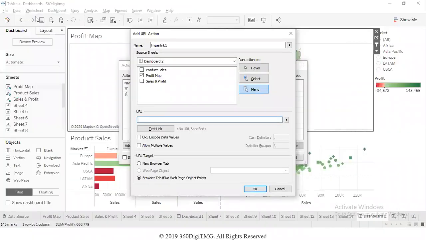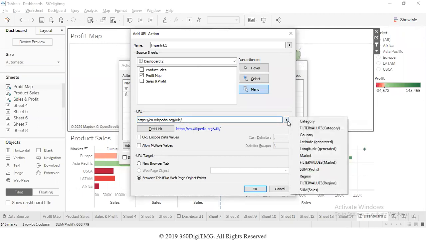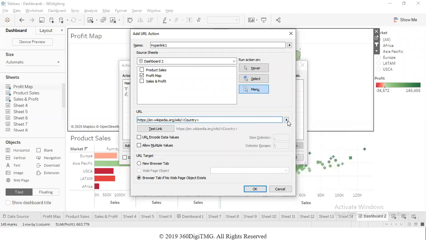Static part of the link we can take and paste it, but the dynamic part of the link has to come from the chart that we'll have to introduce. So how do we read the data from a website? We give the link to that website, and we also introduce the field which should dynamically enter into that link, like the name of the country.